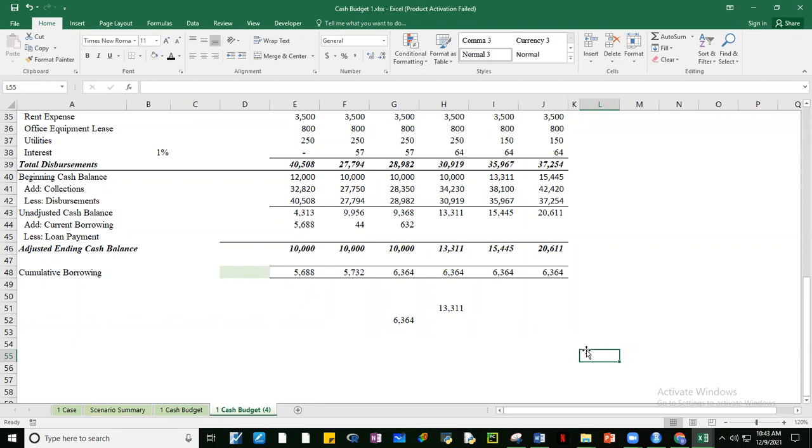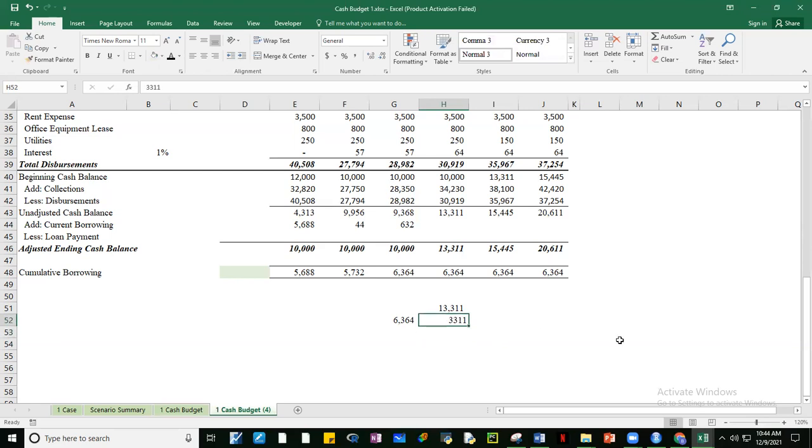Magkano babayaran, guys? Pwede na bang bayaran tong 6,364? Can the company now pay 6,364, guys? Okay. Charmaine, bakit 3,311? Sir, yung 10,000 po, yun lang po yung kailangan gamitin po for the next month po. Tapos may sobra po na 3,311, sir. Okay? So 3311. So ang pwede lang bayaran is 3311, no? Okay, bakit? Kung 3311 lang babayaran, guys, ano mangyayari?